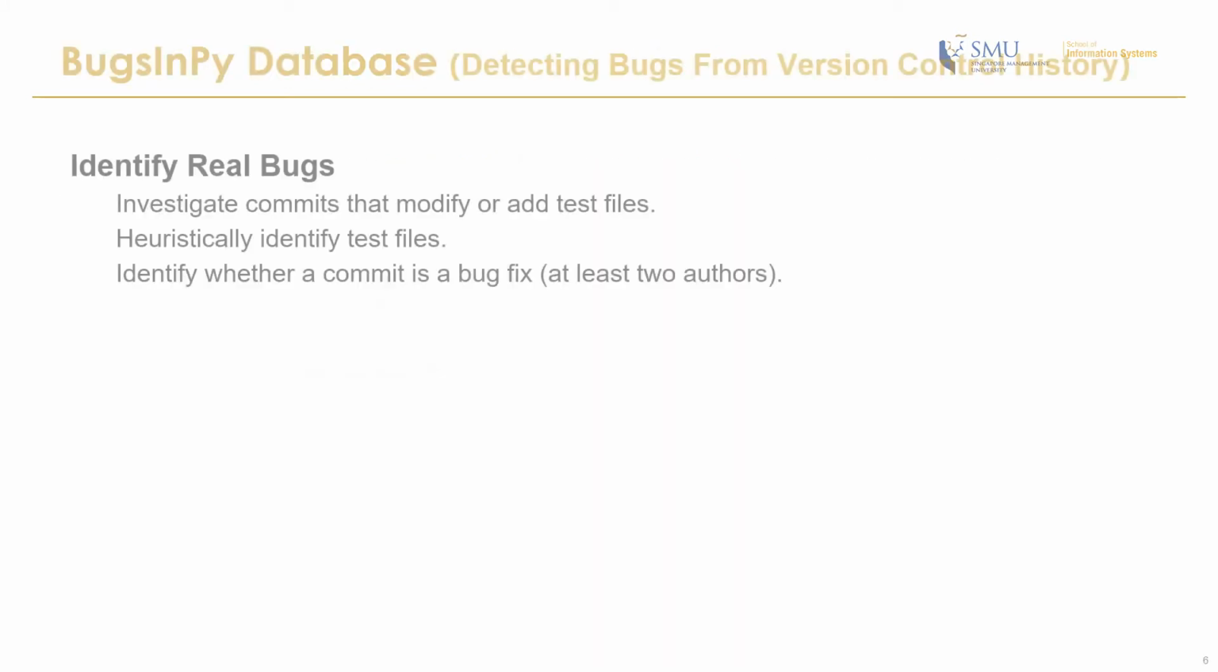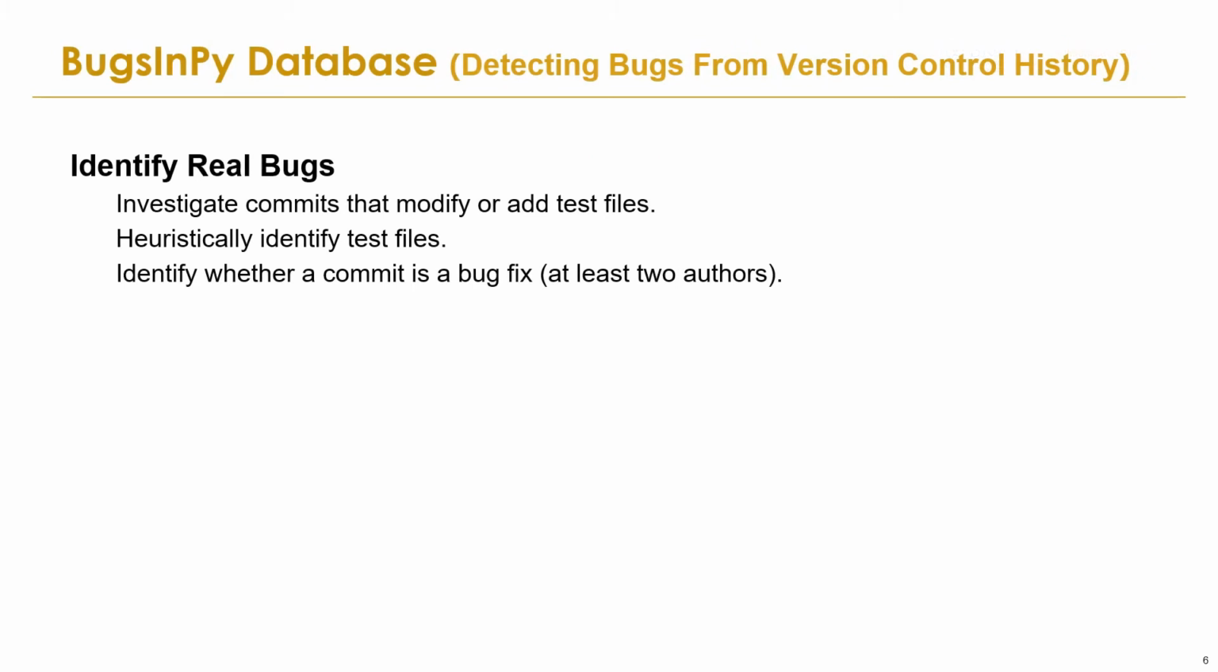To fulfill the requirements of the bug, we populate BugsInPy with real bugs recorded in version control systems by employing several strategies. First is to identify the real bugs. When collecting bugs, we investigate commits that modify or add test files. We heuristically identify test files as files that contain the word test in their names and import testing libraries such as unittest or PyTest. To identify whether a commit is a bug fix, we manually look at the commit message